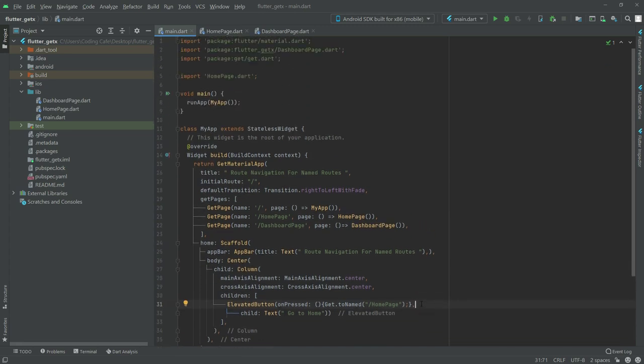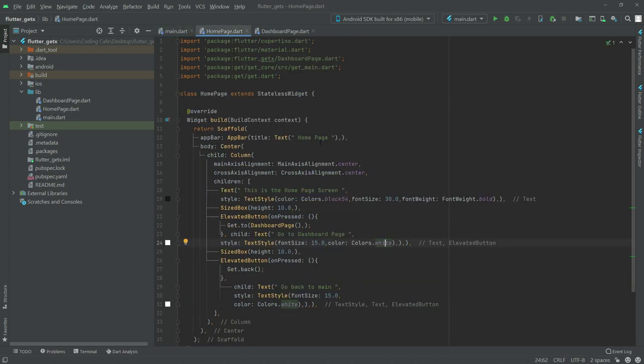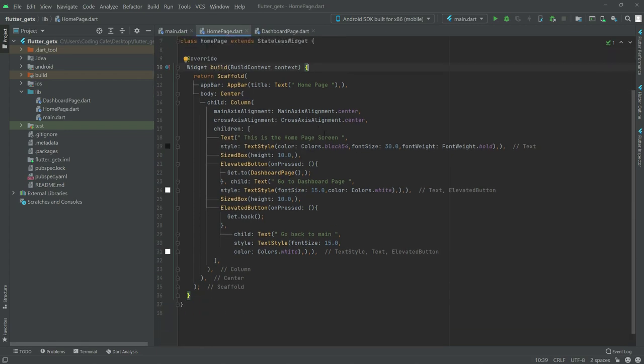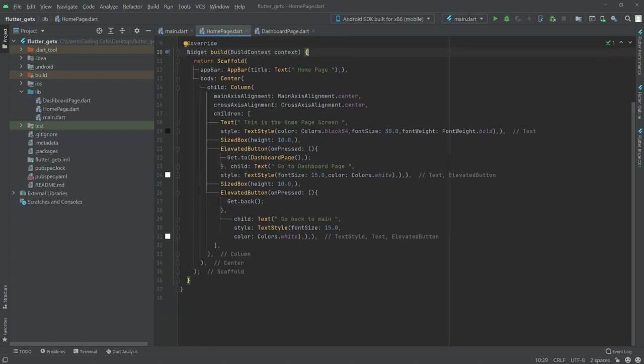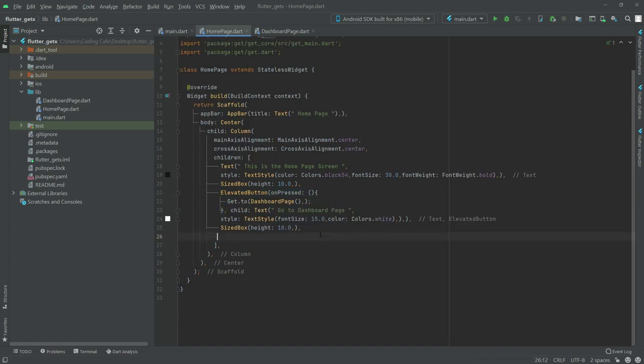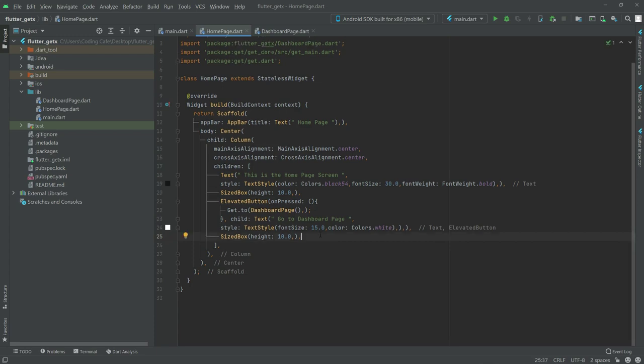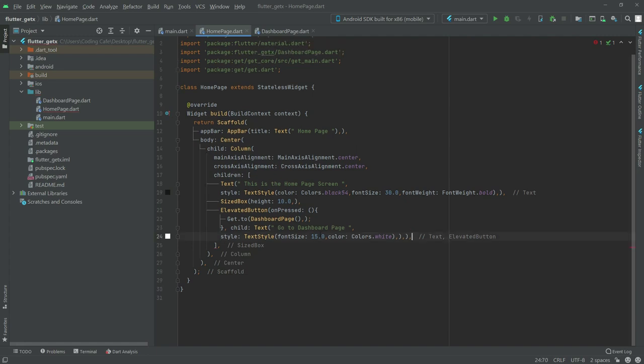Now we will go to home_page.dart right in here, as you guys can see. In here we will need only one elevated button, there is no need of this, so simply delete this from here to here, and remove that size box. So now we will make a little change in here.